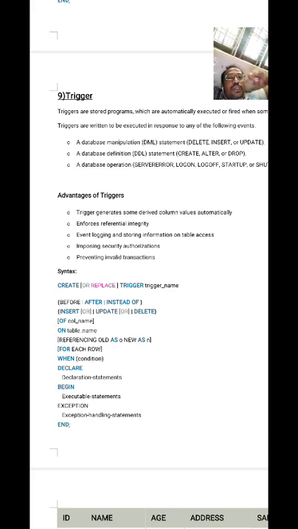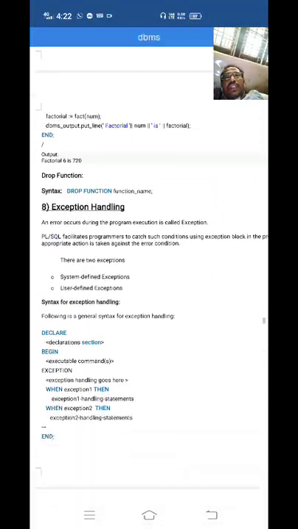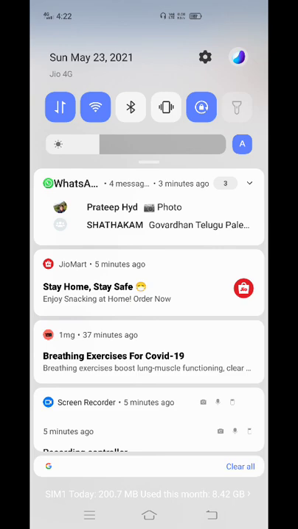This will be invoked automatically without calling it. It is triggered automatically, so that is an excellent advantage of using a trigger, which we'll discuss in the next class.